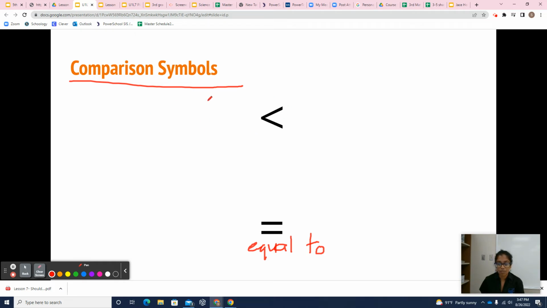So let's say, for example, I have the number 2, and then over here I have the number 9. I can see that 2 is smaller than 9. So I would have the small side pointing towards the 2, because I remember our alligator wants to eat the bigger number. So we say 2 is less than